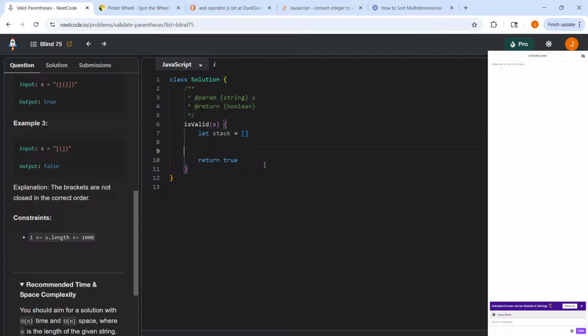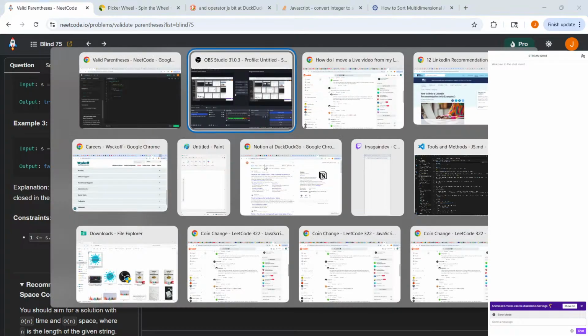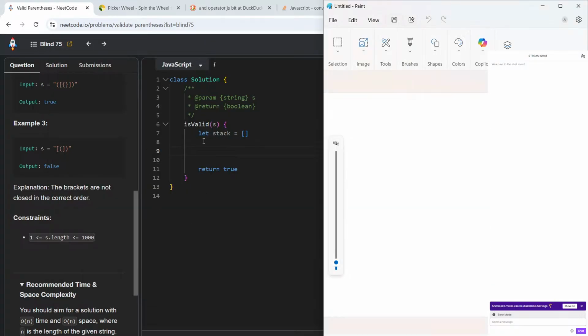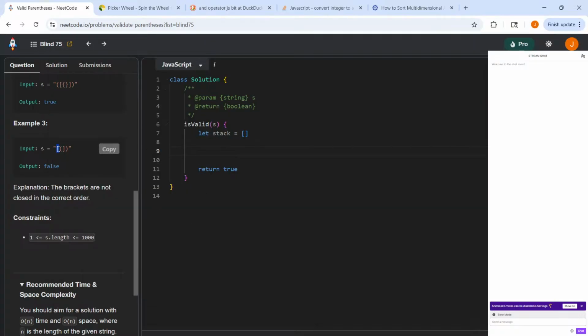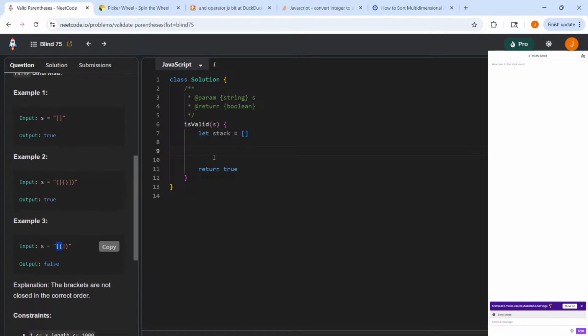Okay, and then what are we gonna do here? If this is a valid string coming in, then all of the opening parentheses are going to be put into the stack. So we could say, like, for